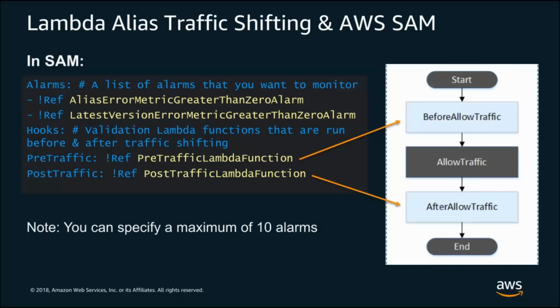Otherwise, it will continue to go forward. Another capability that I have here is the ability to execute Lambda functions as part of my deployment on a hook. And so we see here a pre-traffic and post-traffic hook. I can use these Lambda functions, for example, to put a message into, say, a chat system saying that a deploy is about to happen or that a deploy is completed. I could update, say, a CMDB or a ticketing system. There's a number of things that I could potentially do with this.